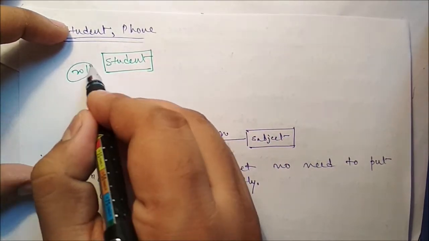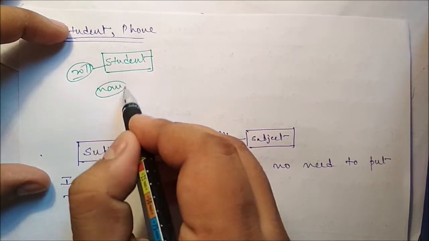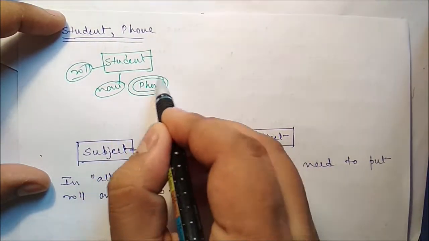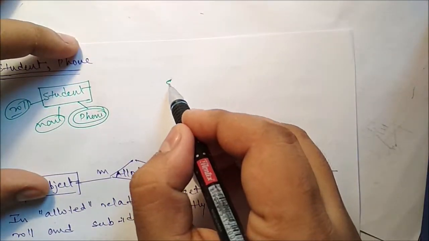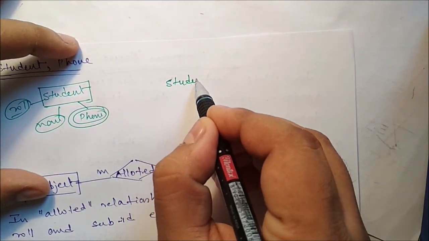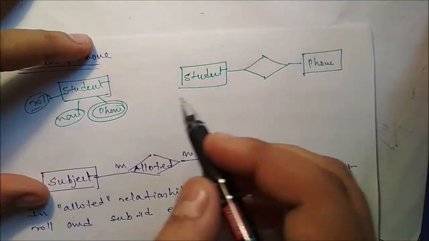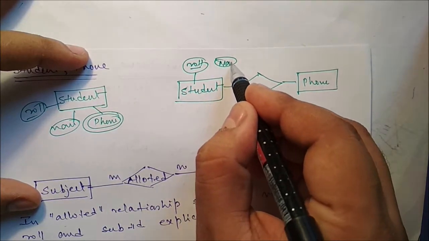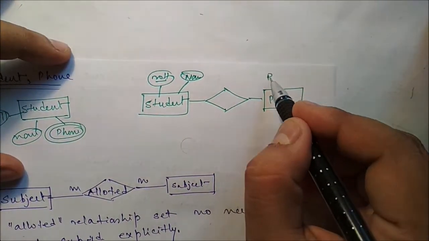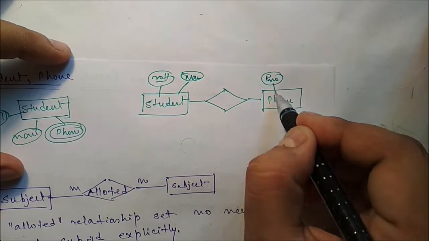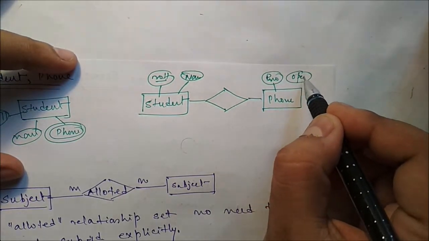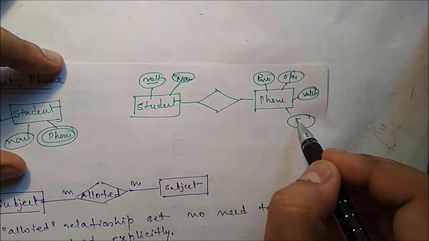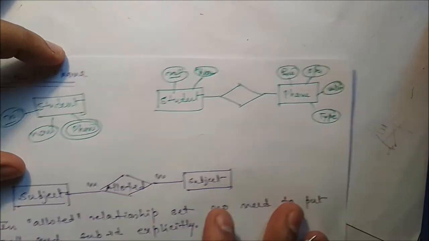In another example, we can say a student entity set is there. Here it is roll number, okay, name, and whether we have to put phone number as a multi-valued attribute or we have to put phone number as an entity set. Are you getting this one? Say here also roll number is there, here also name of the student is there. Okay, now here you can say phone number and operator name, or you can say validity. Okay, it is a type, whether it is postpaid or prepaid.